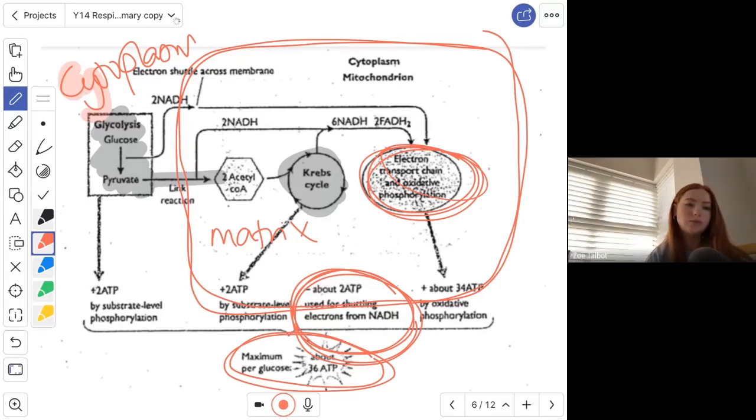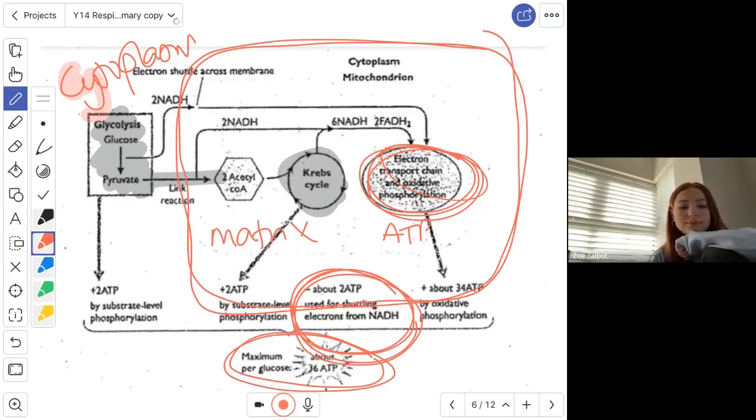The electron transport chain, it maybe hasn't come out very well in your copy, but it says electron transport chain. The ATP is made by oxidative, which means we need oxygen, phosphorylation. So adding on phosphate to something is phosphorylation. So we're going from ADP, adding on a phosphate molecule to make ATP, and we need oxygen for that to happen. Hence the term oxidative